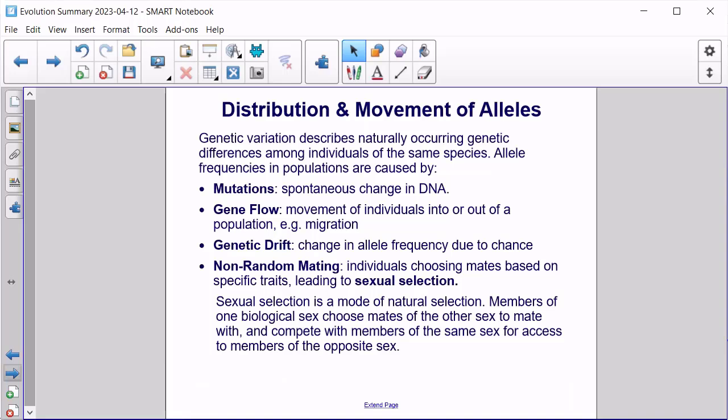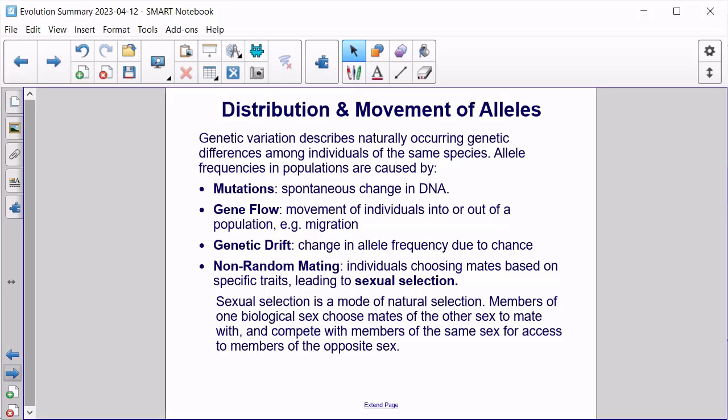Distribution and movement of alleles. Genetic variation describes naturally occurring genetic differences among individuals of the same species. Allele frequencies in populations are caused by mutations, which is a spontaneous change in DNA, by gene flow, which is movement of individuals into or out of a population via maybe migration, for example, genetic drift, which is a change in allele frequency due to chance, non-random mating, where individuals are choosing mates based on specific traits, leading to sexual